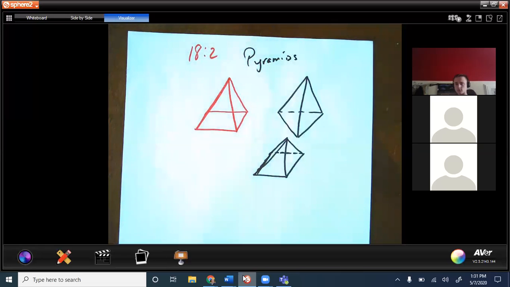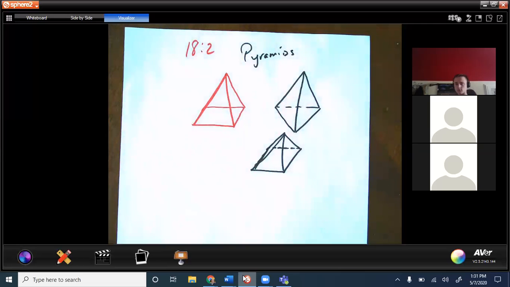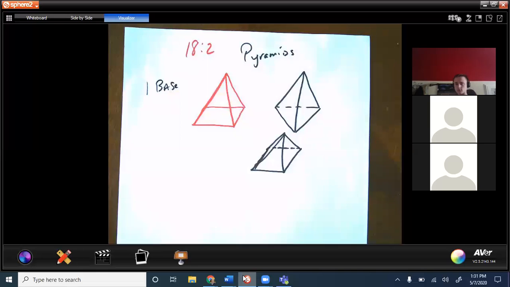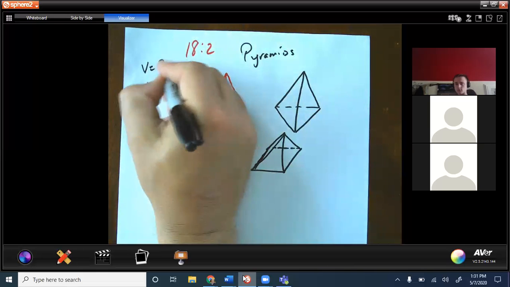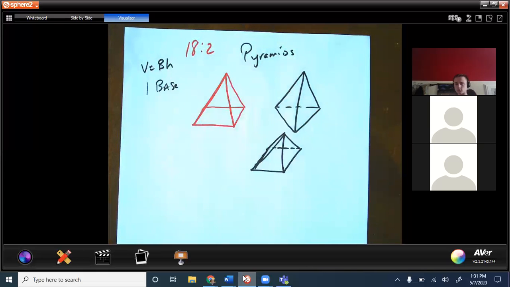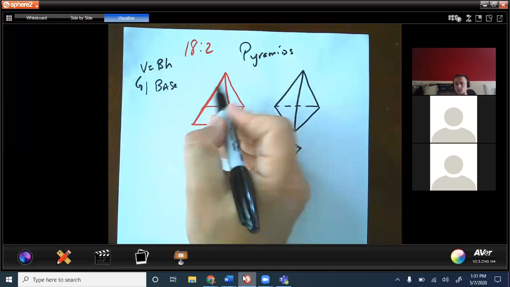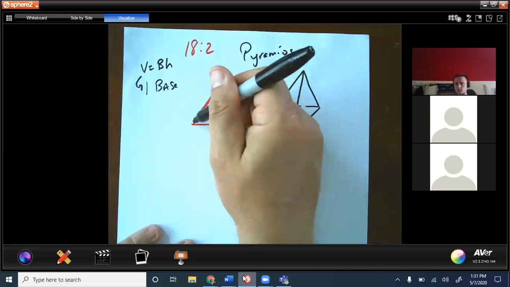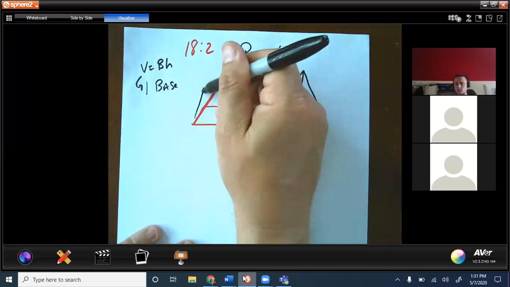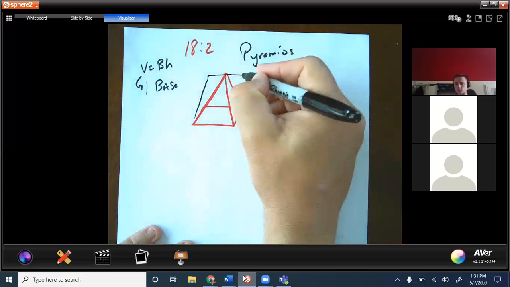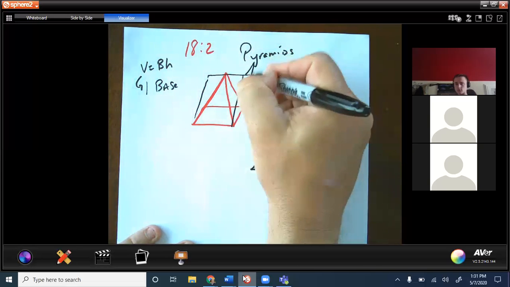there's just a little adjustment we have to make because we only have one base. We don't have two bases. And so the normal volume was the area of the base times height. But since now we only have one base, if this were a prism, this would go up. You see that just doesn't make sense. It's missing